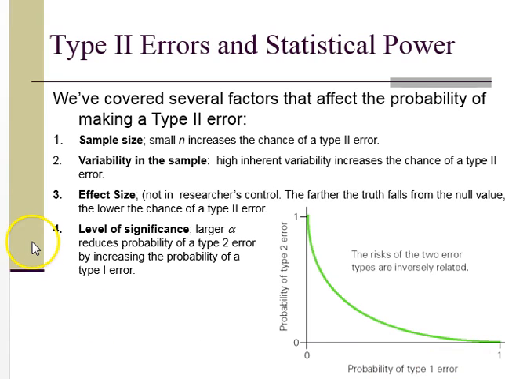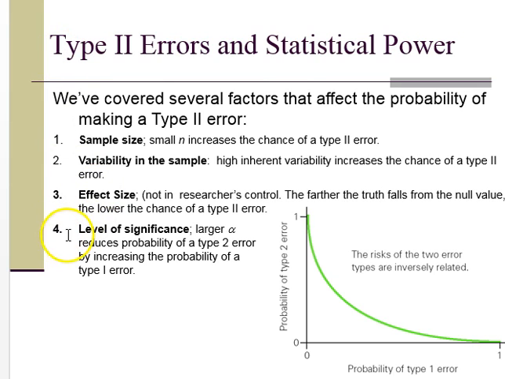The other things that are going to impact the power of your test are things like just the inherent variability in the sample, in the data you've collected. If you have data that's highly variable, that's going to reduce your power and increase your chance of a type 2 error. It's just more variable. It's going to be harder to characterize that. Similarly, the effect size. So how big is the difference that you're looking for? Or how strong is the relationship that you're looking for? The larger that effect size, the more likely you are to see it. It's practically screaming in your face, it's so big. It's not going to be hard to see that, and that increases our power as well.